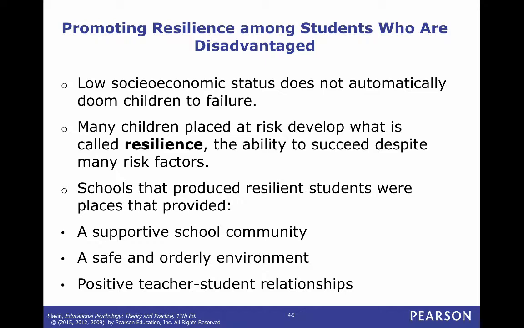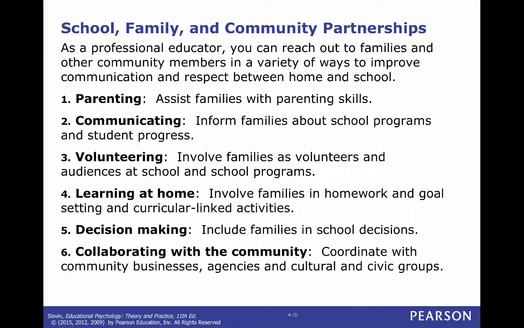But kids that are on the low end of the scale, whose parents don't make any money, it's a sliding scale. So if you want your kid to go there and you make a lot of money, you have to actually pay more. But it's really, really supportive, and they've got community backers, and they have all kinds of stuff, and it's a safe and orderly environment. And so what we found with schools that produce resilient children, they're safe and orderly, there's positive student-teacher relationships, and there's a focus. There's like, this is what we do, this is who we are, this is where we go, this is what we believe.